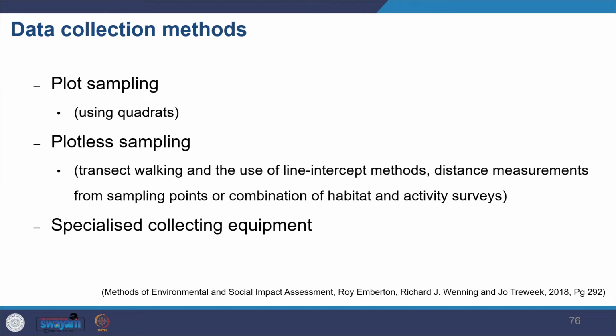So you might stand at one point and look at the other point and then see what kind of range there is. So that helps, those methods are there for plotless methods. Then you also do estimation, like tree density. You find out what the density is in a particular unit area, how many trees are there. Then you would likewise find out what kind of animal population is there. And you would use a plotless technique for, like, bats.